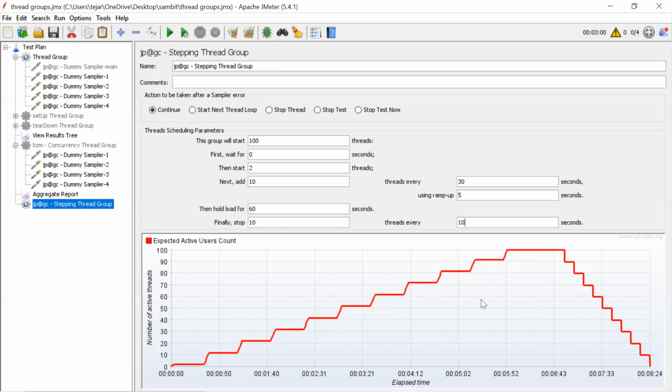So totally, if you calculate, it is 8 minutes 24 seconds. It is easy actually. The only thing is, you have to understand these 4 fields here. Wait for 0, then start 2 threads, and next add every 30 seconds.